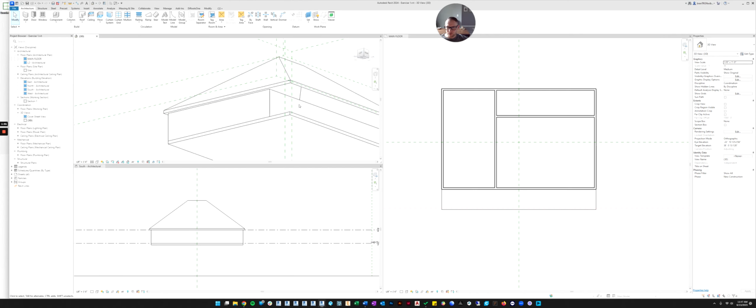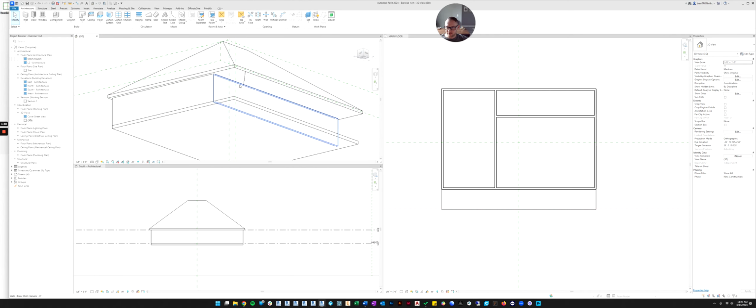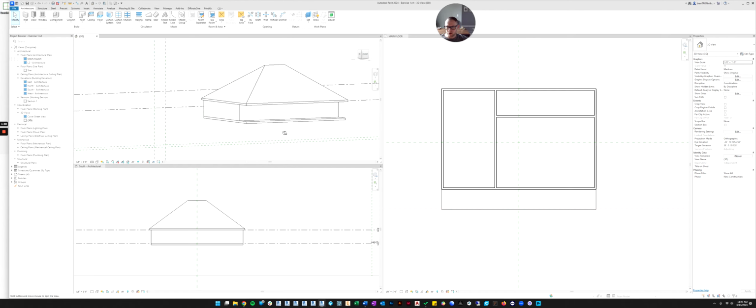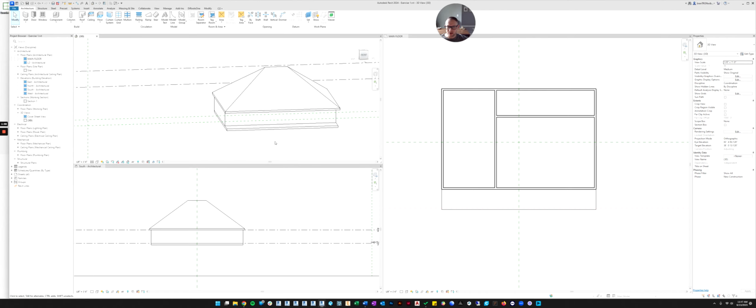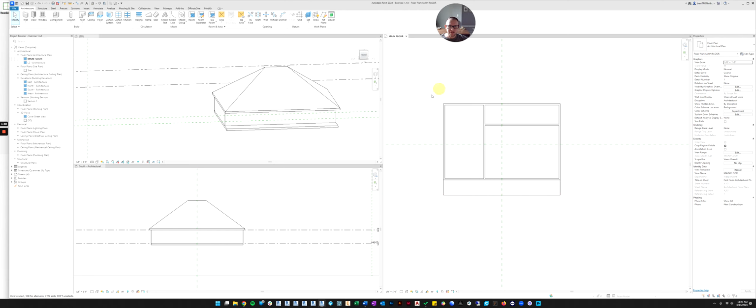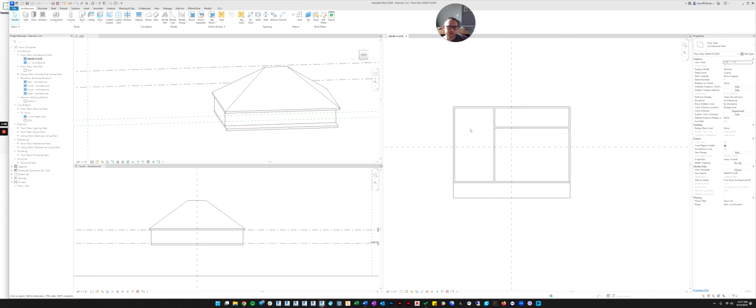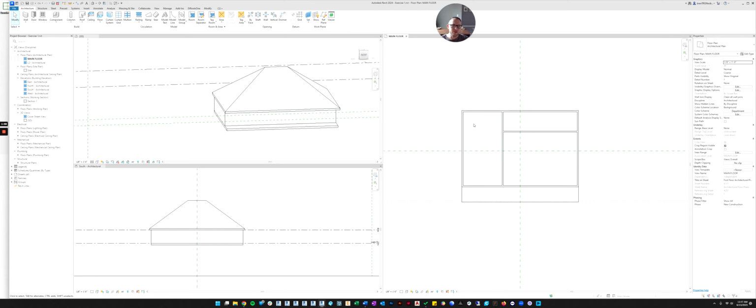Let's hit finish, and now you can see it's done exactly what we wanted. Now the only thing we don't have is soffit underneath the porch or above the porch. So now we need to put in soffit. So this gets a little more complicated. Up till now, we've only been using a floor plan, front elevation, and 3D. Now we maybe need something that instead of looking down at the floor plan, maybe we need to look up at the bottom of the roof.